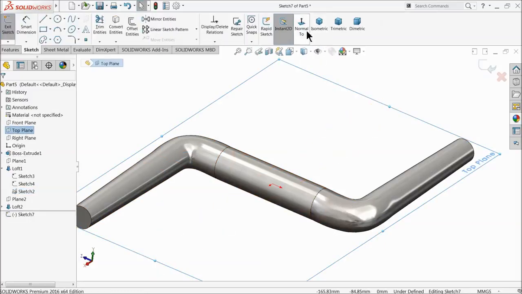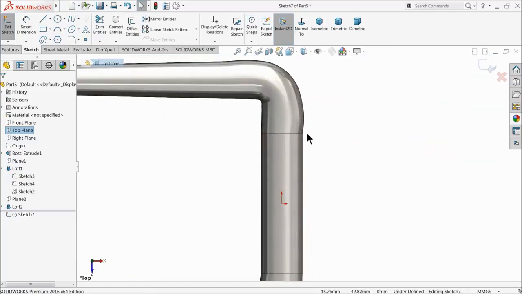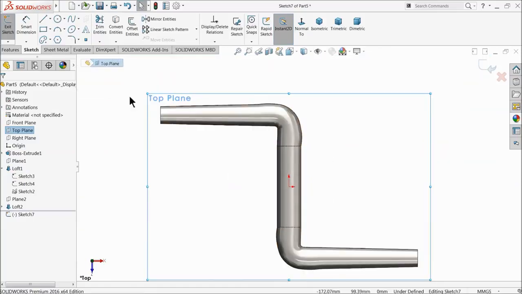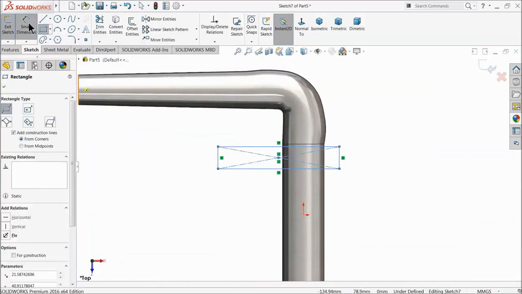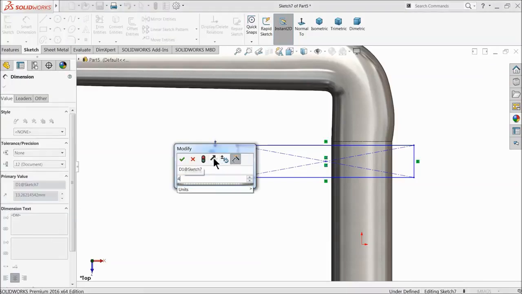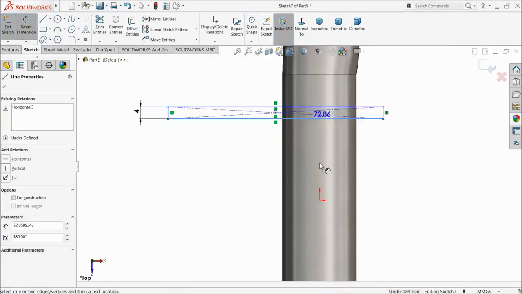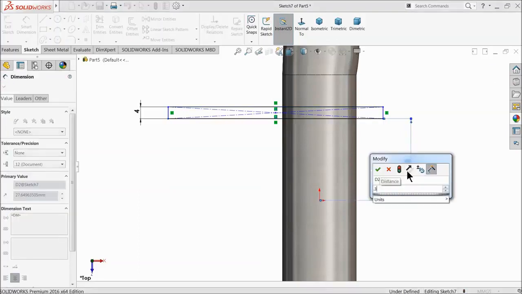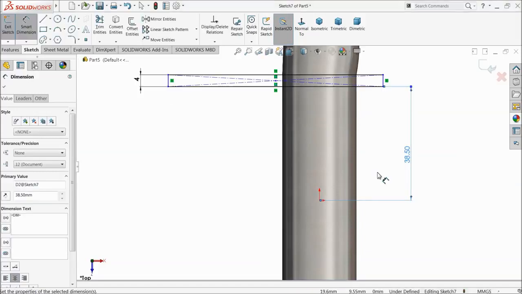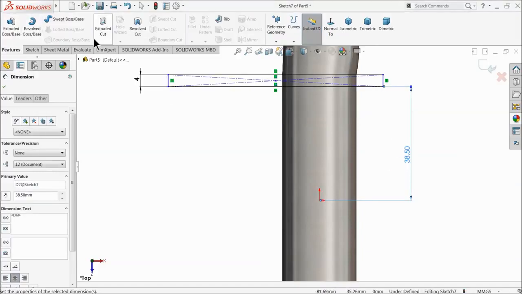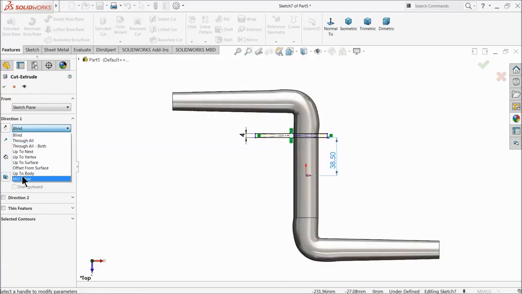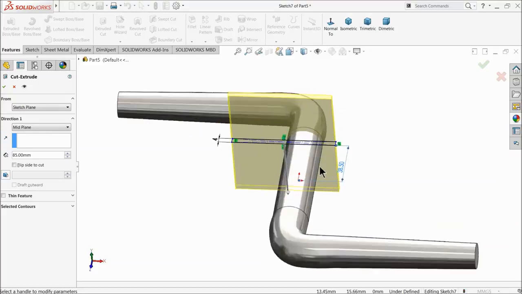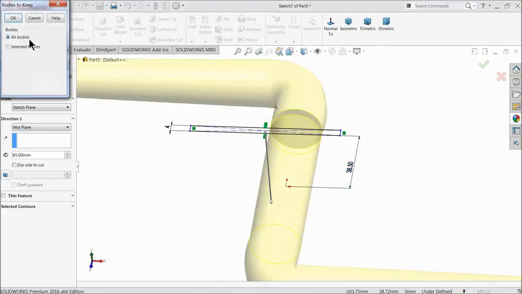Top plane, sketch, normal. Choose rectangle, 4 millimeter, 38.5 millimeter. Now select extruded cut. Mid plane, see here. Okay, select all body. Okay,